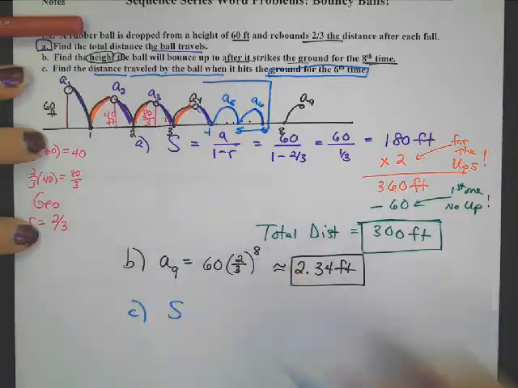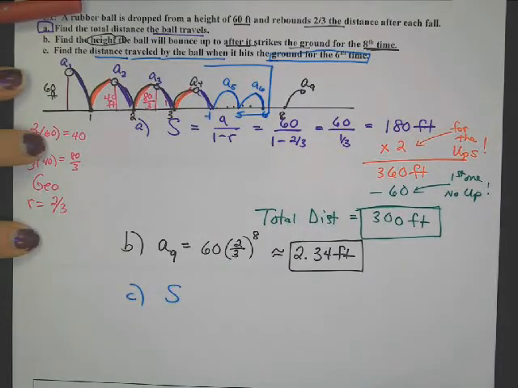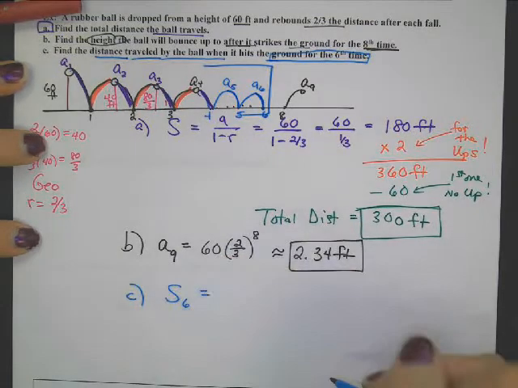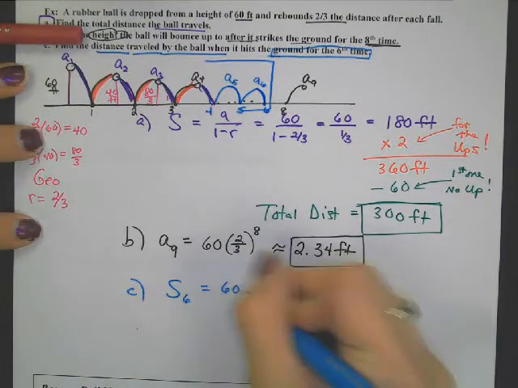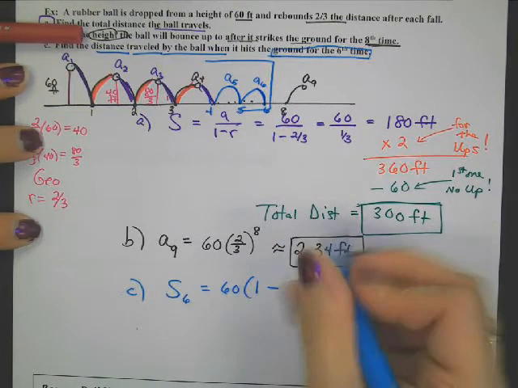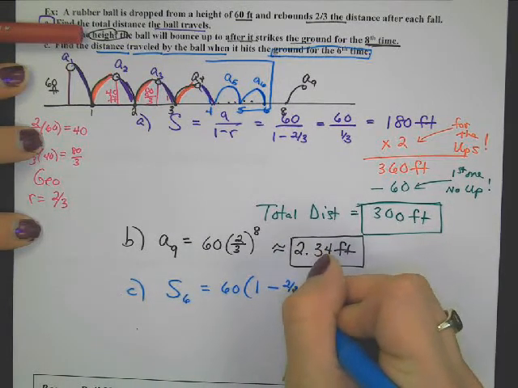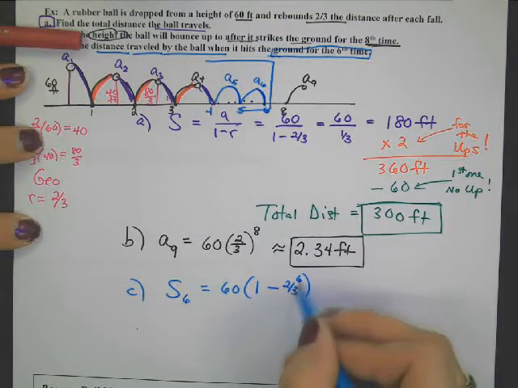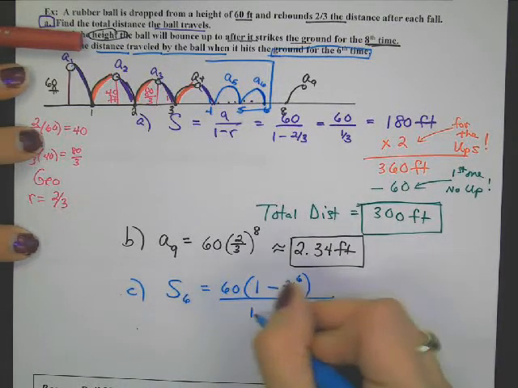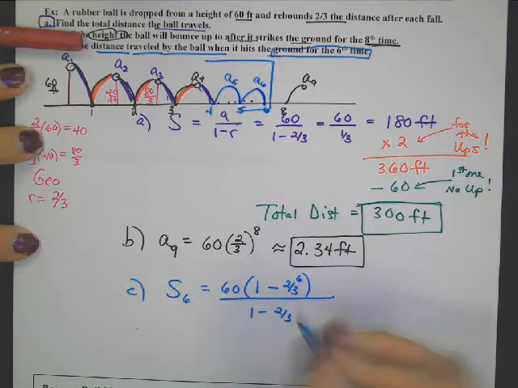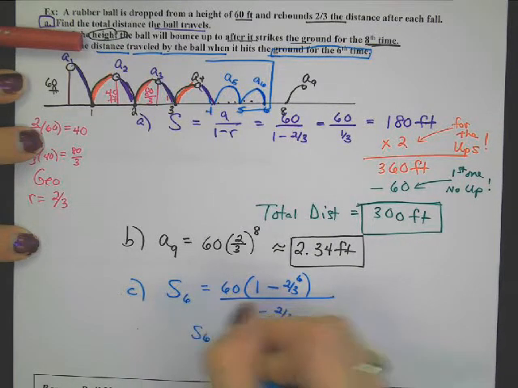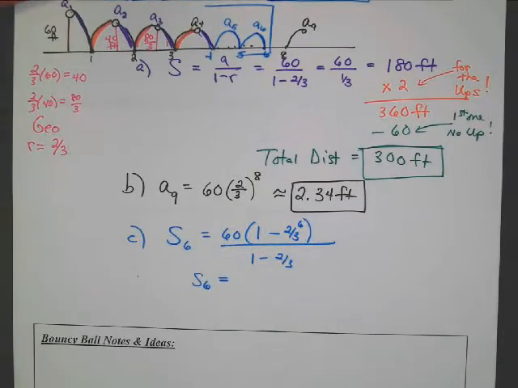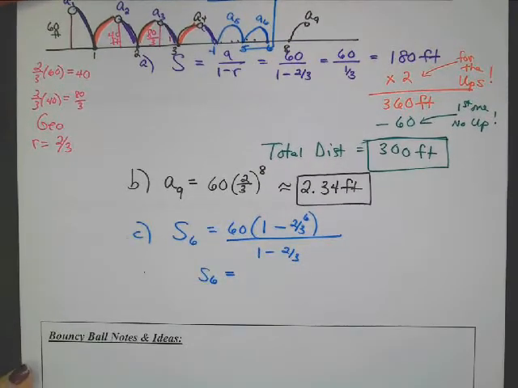I'm going to sum how many terms? S sub 6. Okay, the formula is A1, 60, times 1 minus 2/3, the R value, to the power of n, which is 6. I don't really need to put that in parentheses, but you can, over 1 minus 2/3. Okay, so S sub 6, the sum of those 6 heights is, rounded to 2 places,